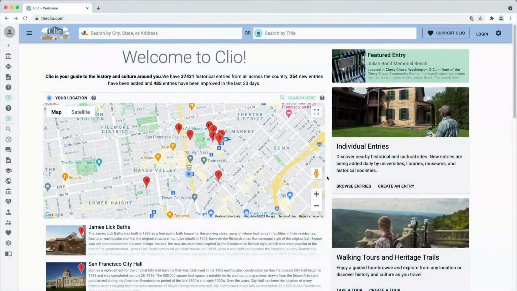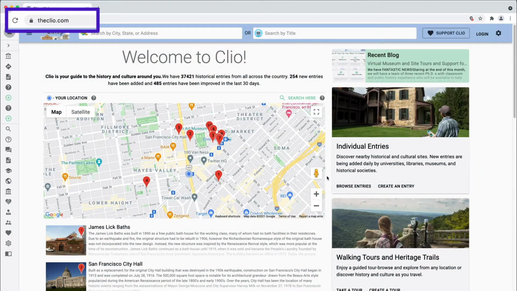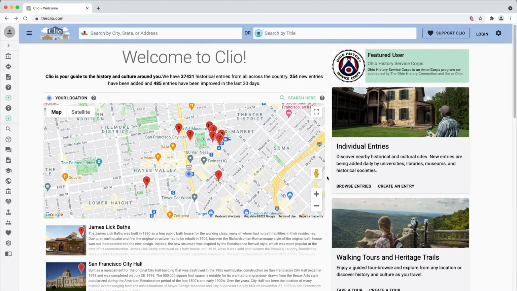Here we are on the Clio homepage, www.theclio.com, where together we're going to walk through the first steps of making an entry. If you still have questions about what Clio is and how it works, check out the links in the description